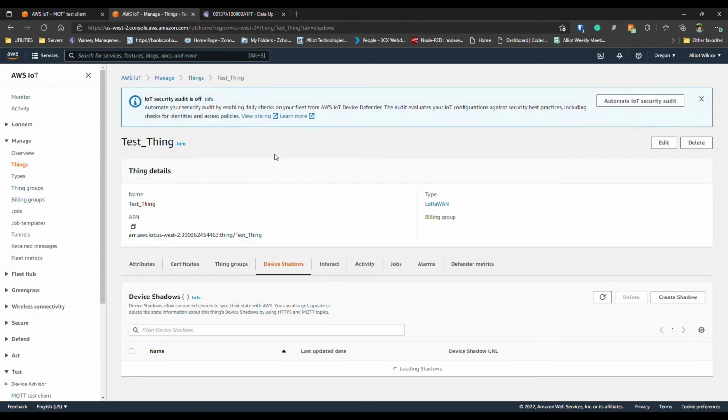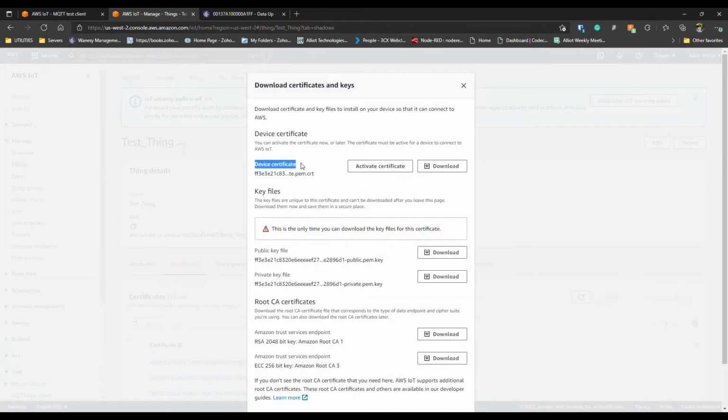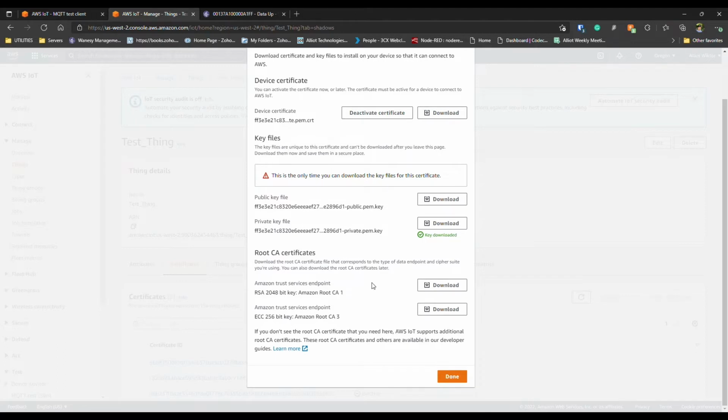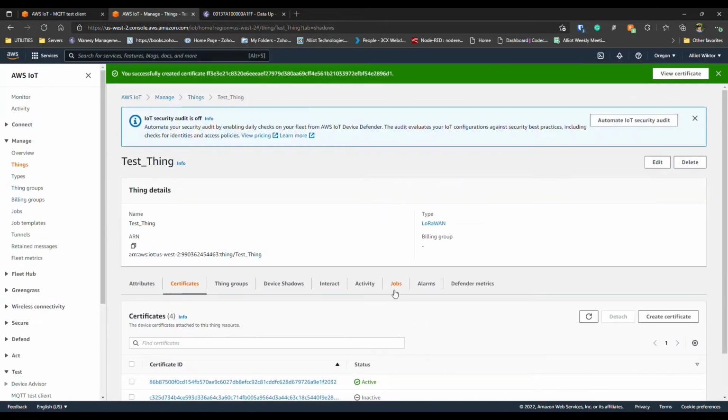Go back to your thing and go to certifications tab and create a new certificate. In this pop-up window you need to activate the certificate, download it, and you're gonna need to download the public key and private key as well, and also Amazon Trust certificates. RSA is enough, so download just that one and then hit done. Okay, once you get this done,